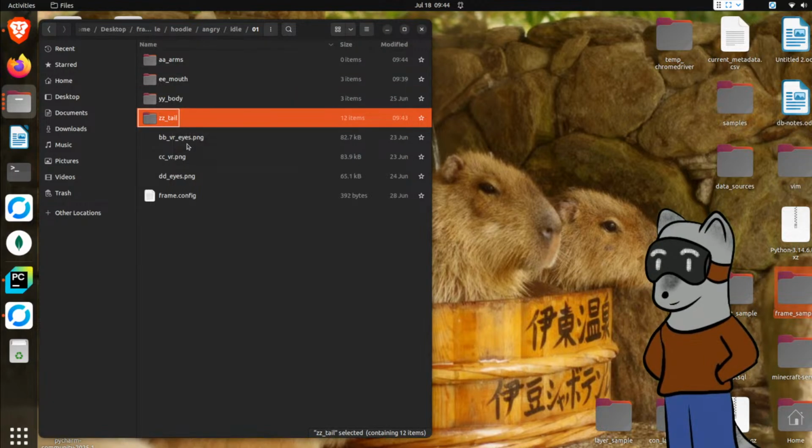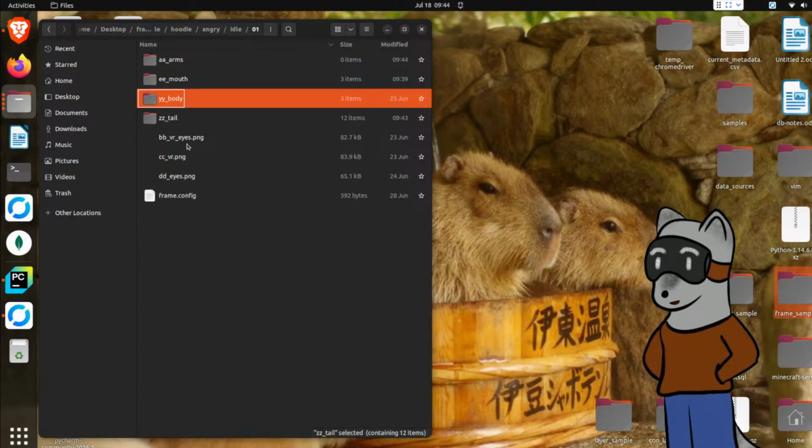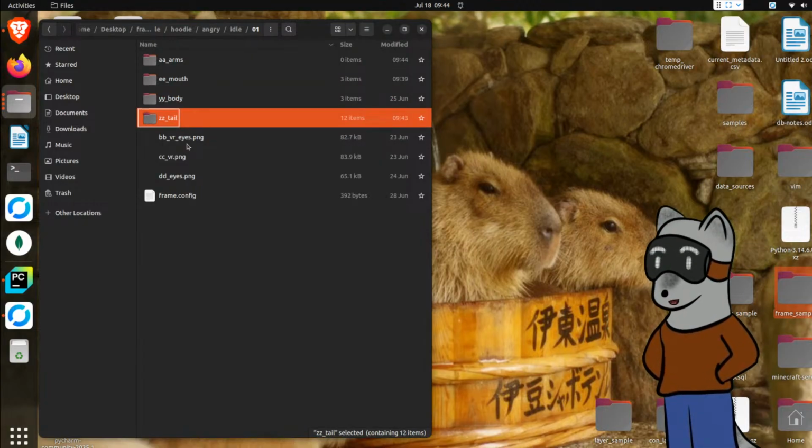There we go. Okay. So now we know that the arms is variant, the body is variant, the mouth is dynamic, and the tail should be dynamic as well, but